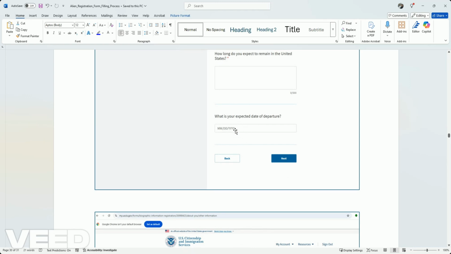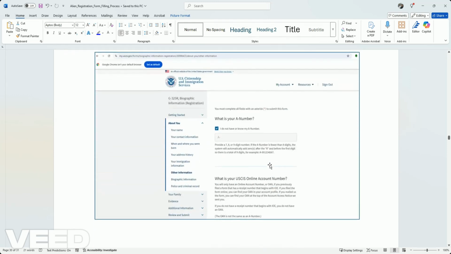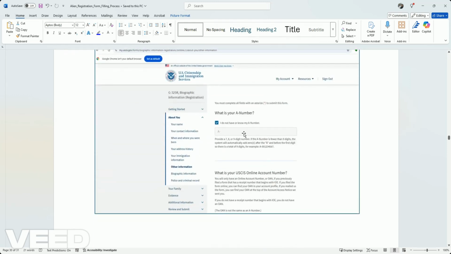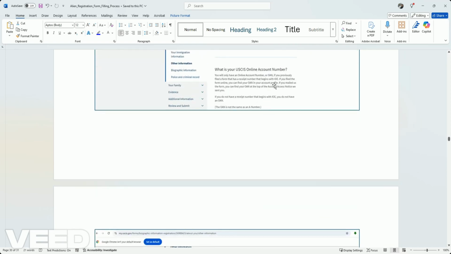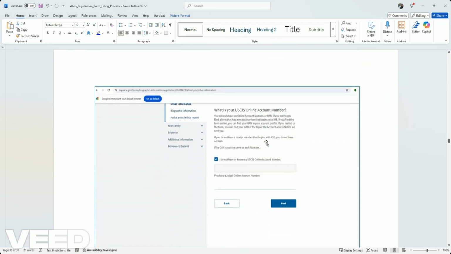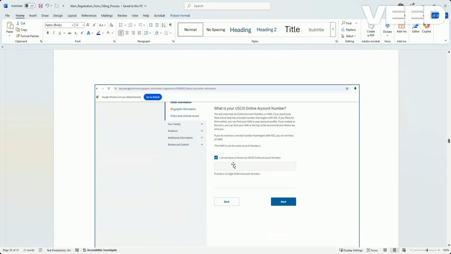So it should be the end date which is showing on your I-797. Click on next, and then it asks you what is your A number, which is the alien number. If you already know it, just enter that number. If not, just check this box. And then it asks you for your USCIS online account number. If you know it, enter it. Otherwise, don't worry, just check this box. Click next,